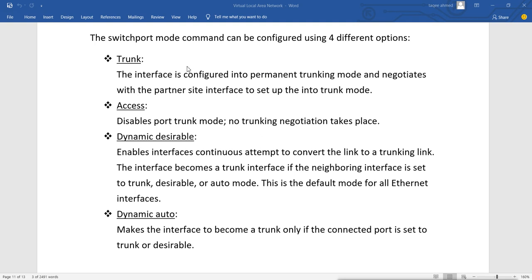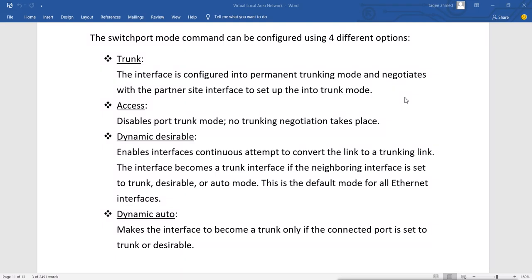First is trunk. Trunk means the interface is configured into permanent trunking mode and negotiates with the partner interface to set up trunk mode. That means when we configure the port as trunk, it will become permanently trunk, and it will negotiate with the other side, asking the other side, do you want to do trunk, or let's do trunk.